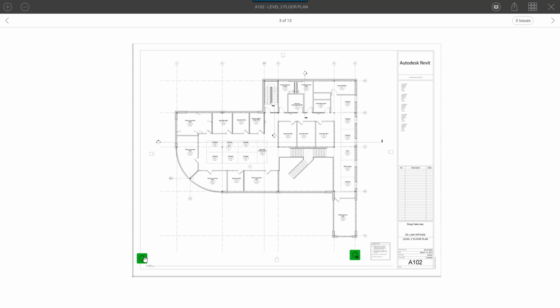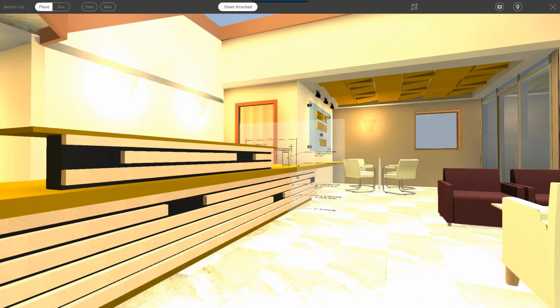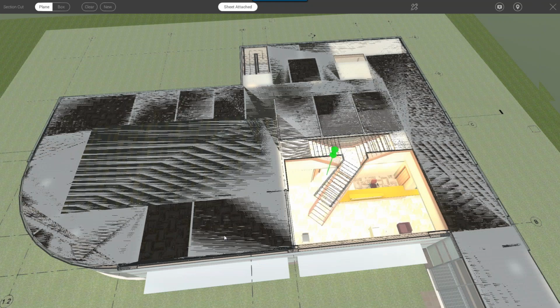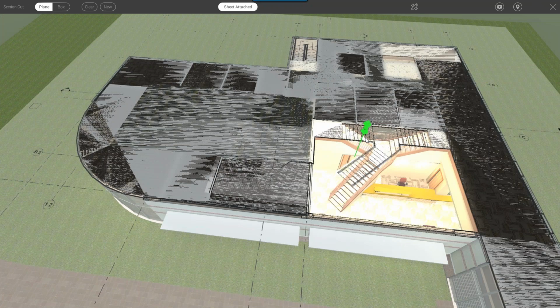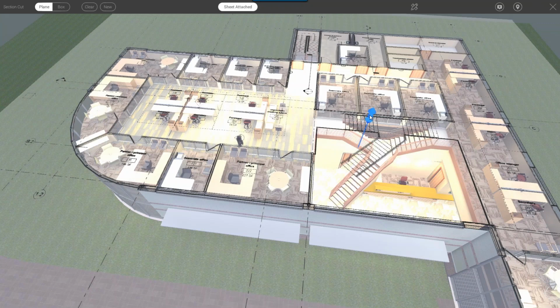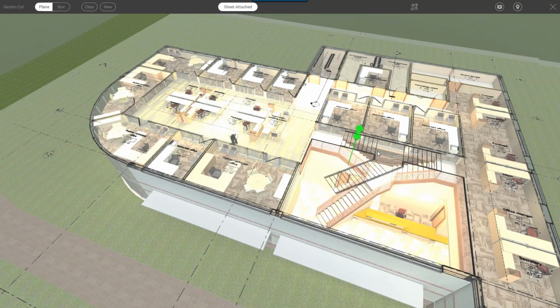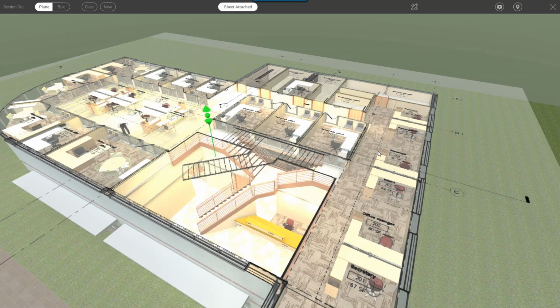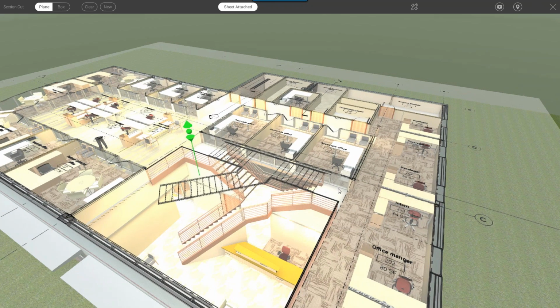So here's the little icon, and when I click on that, it'll superimpose this view on the cut plane. Now I can drag this up and see the grid lines and the room numbers in the context of this really cool 3D view. You can actually adjust this so that you can still adjust the cut plane, but the Revit view would stay stuck to the floor. And there's some other adjustments you can make, but that is so cool.